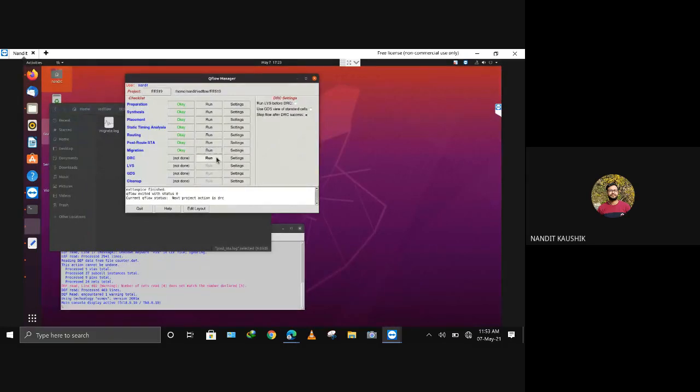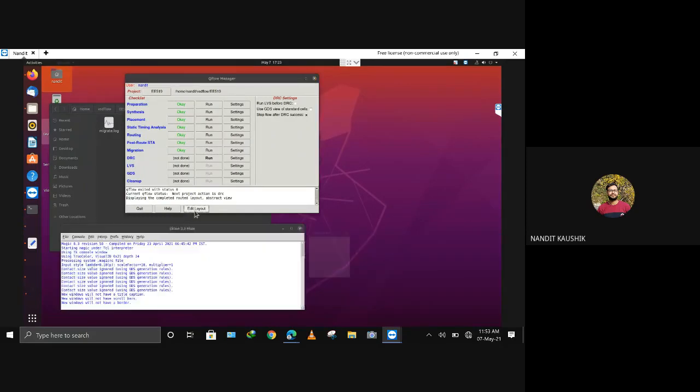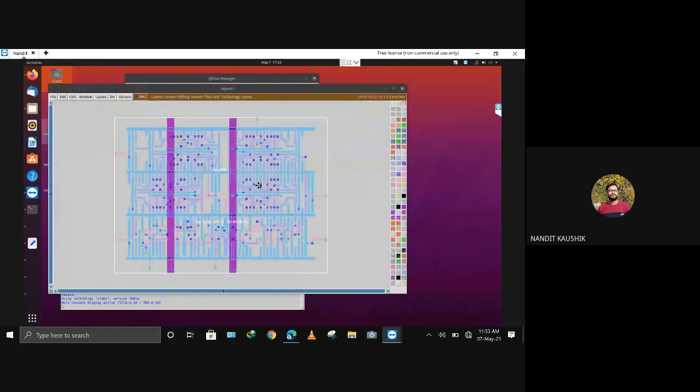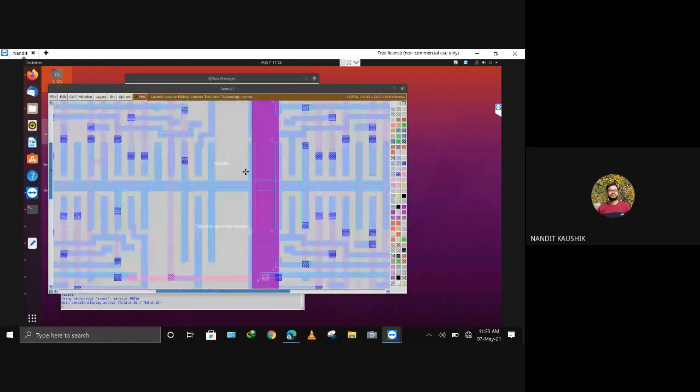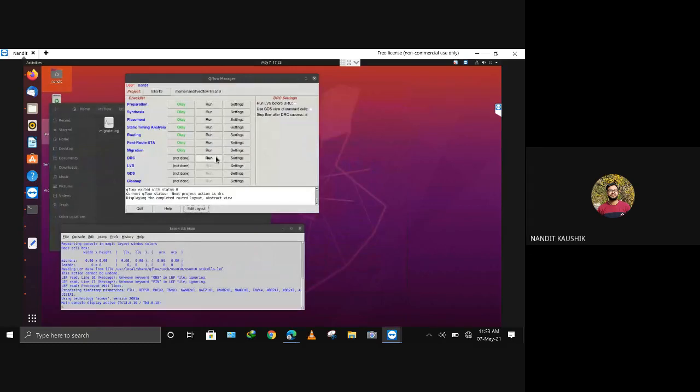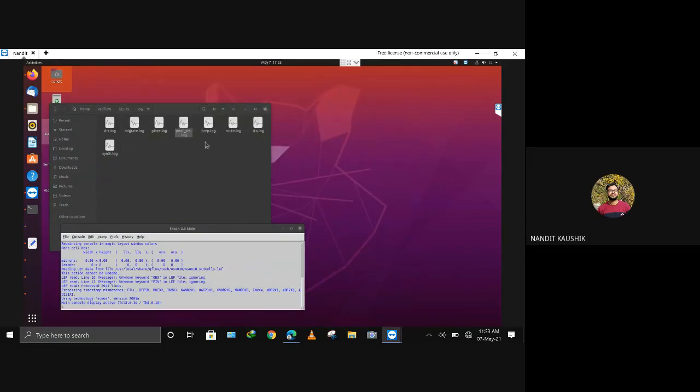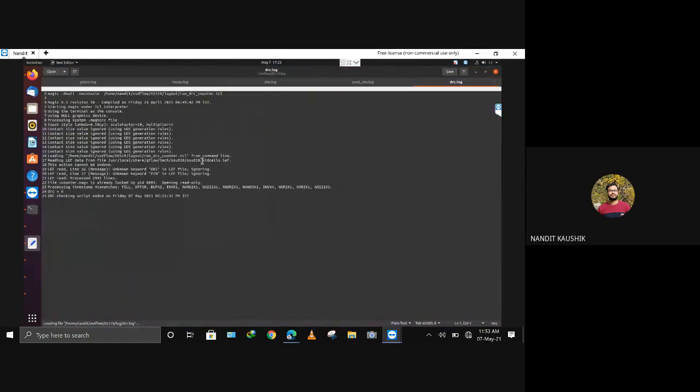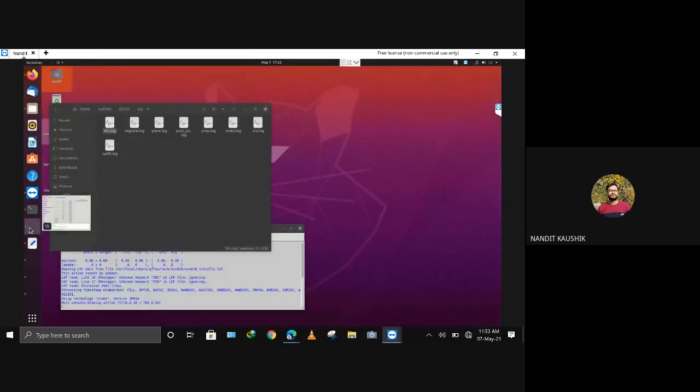Now after that, DRC. You can see the layout after, okay, what is the layout up to this step? So this is the layout. Let's close this. Now if I run DRC, it will check the design rule check. It is written here: DRC is 0. You can also go through this log file, drc.log, to see what it has done. Basically it has opened Magic, and from there you can see DRC is 0. Design rule check.